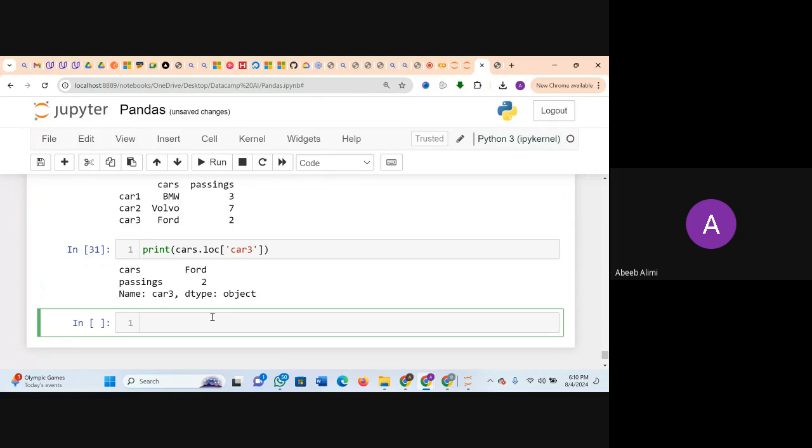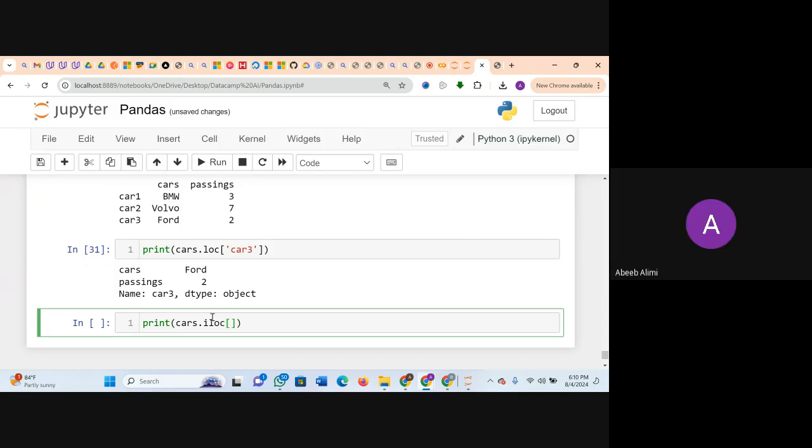Alima, if I want to print the same Ford and 2, but instead of using car 3, I want to use the index number, what do you think I'm going to do? That will be print, parenthesis, cars dot ILOC, square brackets.